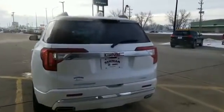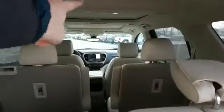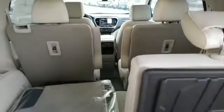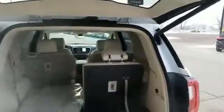As for that, you get a little bit more Denali badging on the back here now. Size-wise, they stayed the same. So you can get a 2 and then a bench, so 2-3-2 configuration, or in this case it is a 6-passenger, so 2-2-2. You can see you do have the USB ports with the second row levers to lay down that row of seats. So not drastically any interior changes, other than in Denali